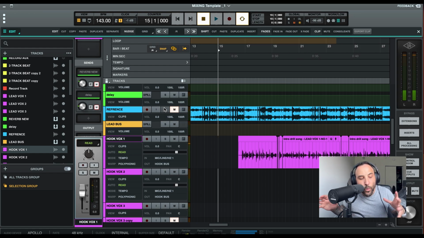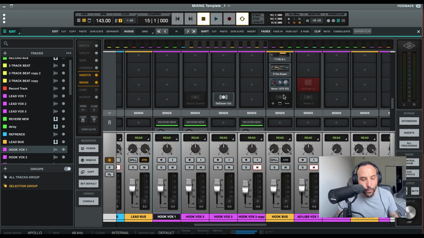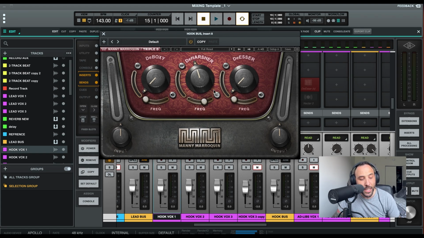Okay, so when I'm listening to the vocals, I do hear harshness a bit. This was with all the EQs that we've put on the vocal. But there's one plugin that I do find it's a cheat code if ever you want to tame the harshness. And no, I'm not talking about Soothe 2. It's great, but it's pricey. But I'm using the Triple D of Mandarin American. I'm only using the de-harsher